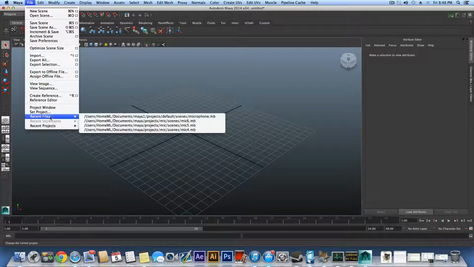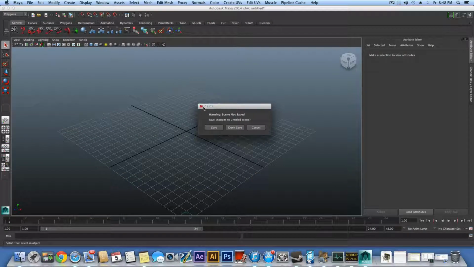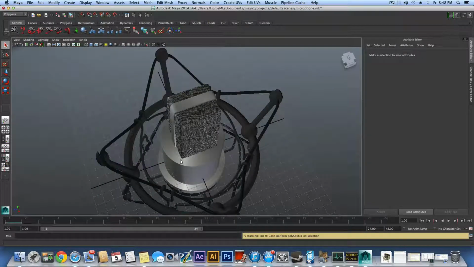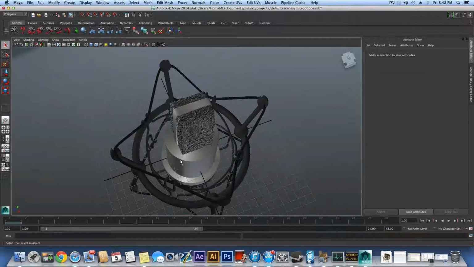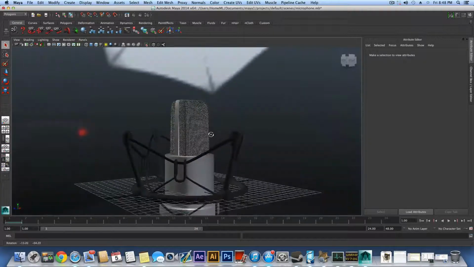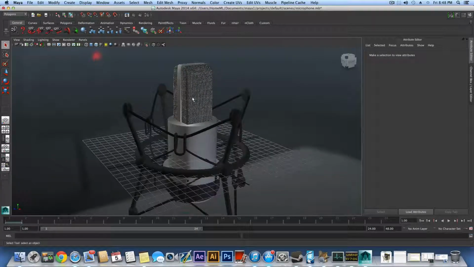So let me first open the file. And don't worry, I will go through each step that I've made here, so just be aware of this and try to follow and copy the same things I did in order to get the same results. So let's start with our